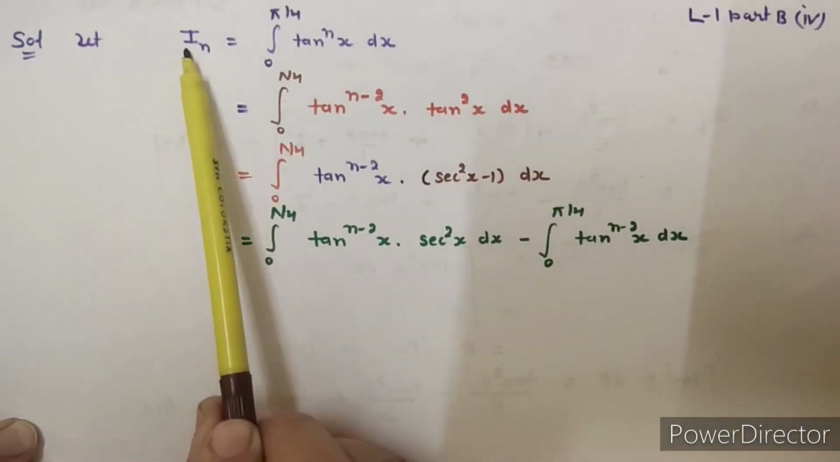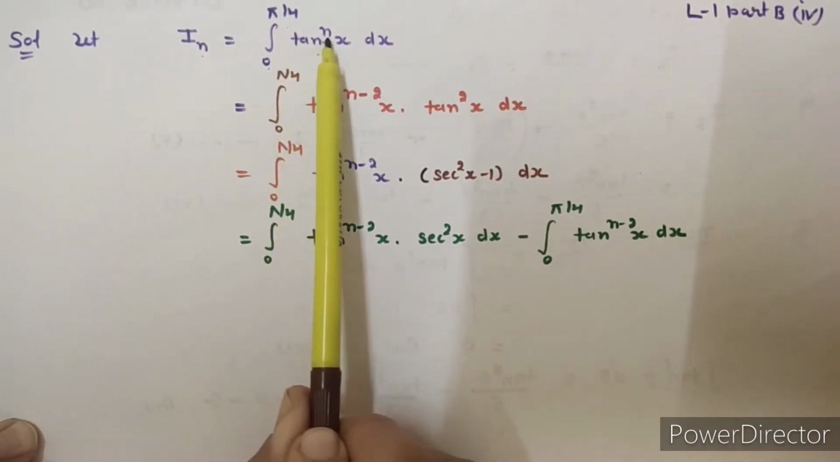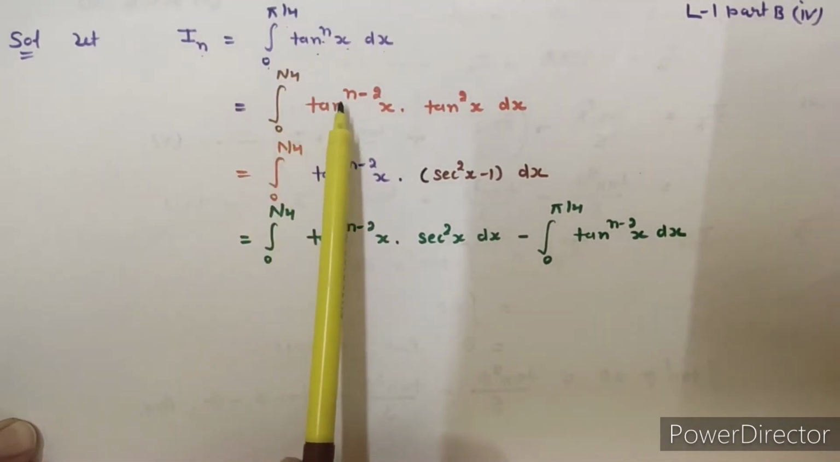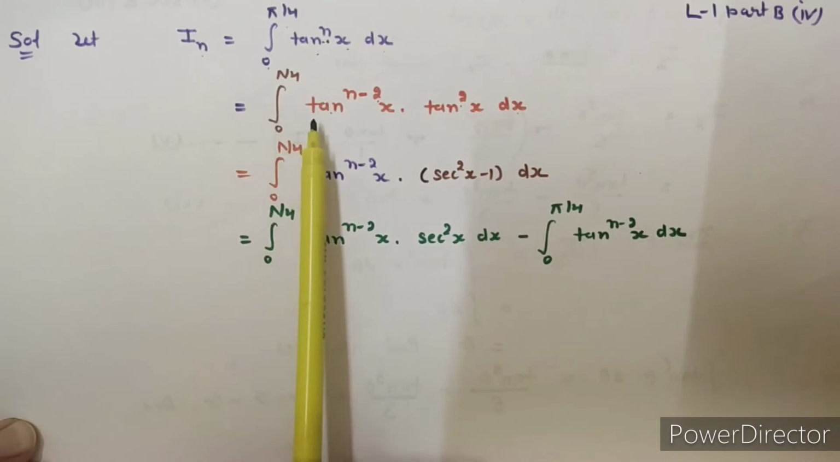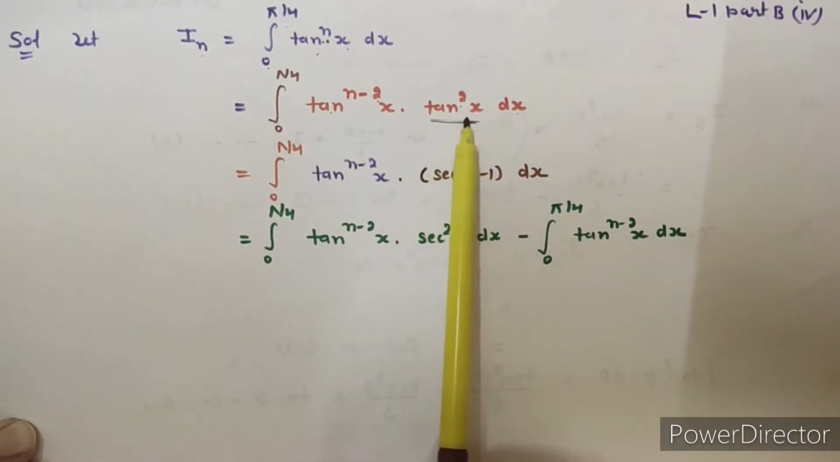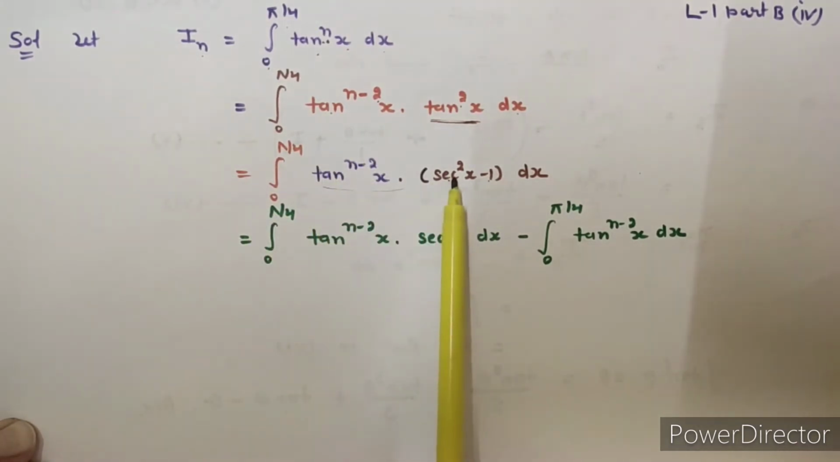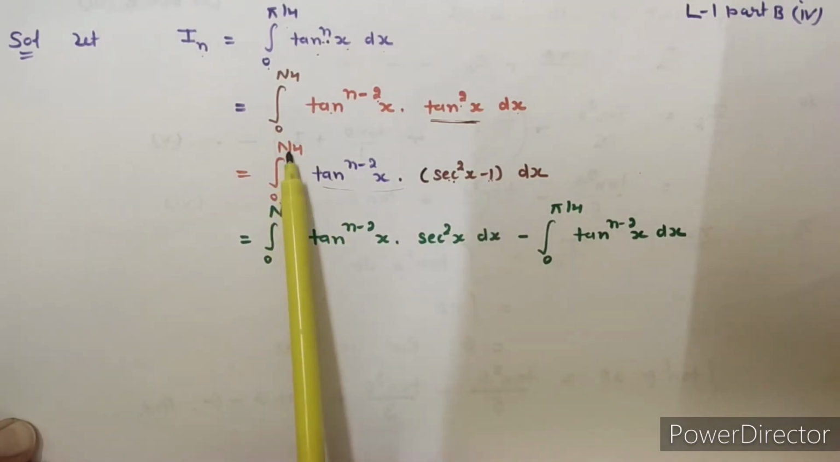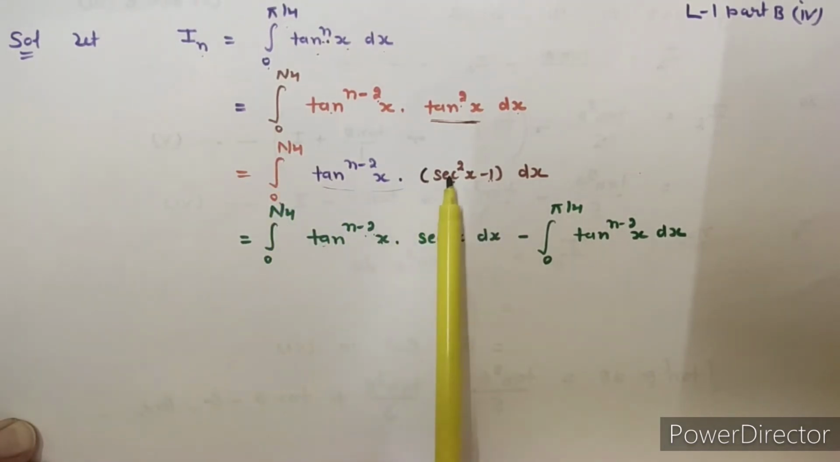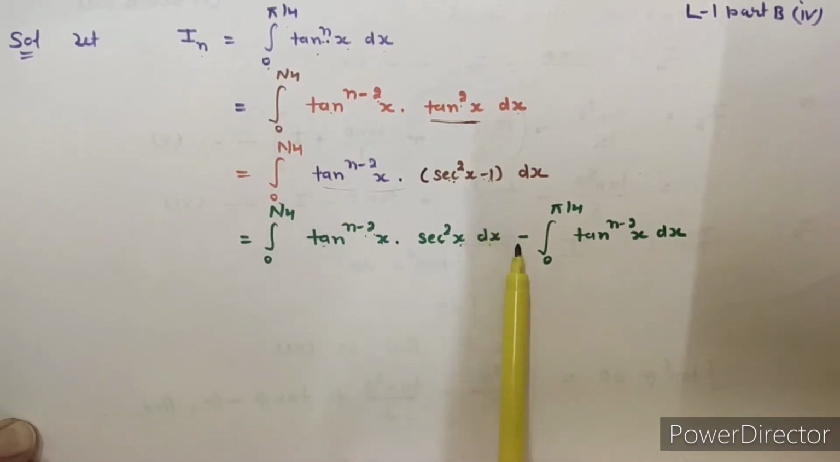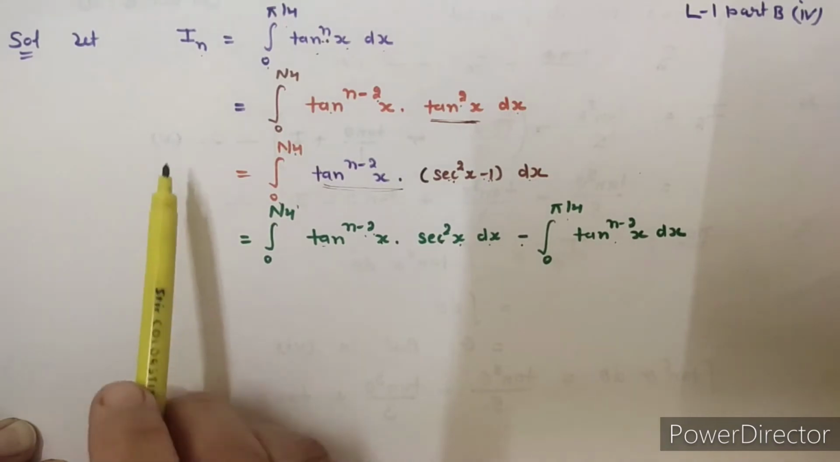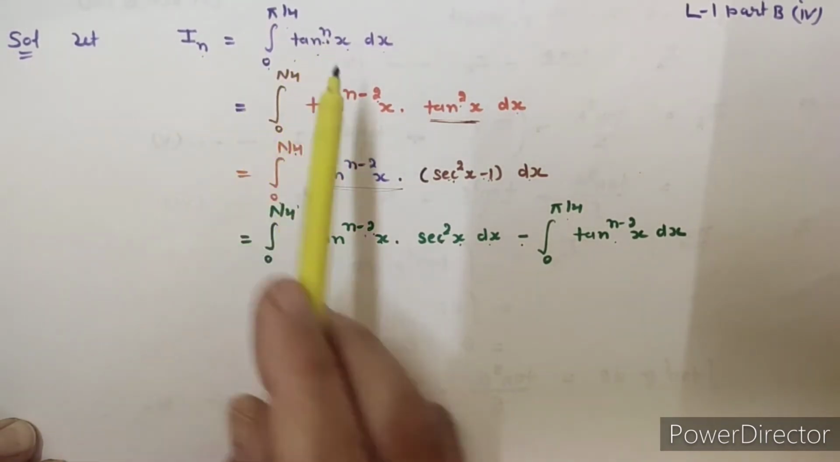I take I_n is equal to the integral from 0 to pi by 4 of tangent nx dx. Then I am breaking the power of tangent n into n minus 2 and 2. Now I am taking the identity tangent square x is equal to secant square x minus 1. Now I am multiplying this term with this first term and this term with this one. So this gives the integral from 0 to pi by 4 of tangent n minus 2x secant square x dx, and this minus sign is here, the integration from 0 to pi by 4 of this term is here, and dx. Now as I have taken I_n is 0 to pi by 4 tangent nx, so this is